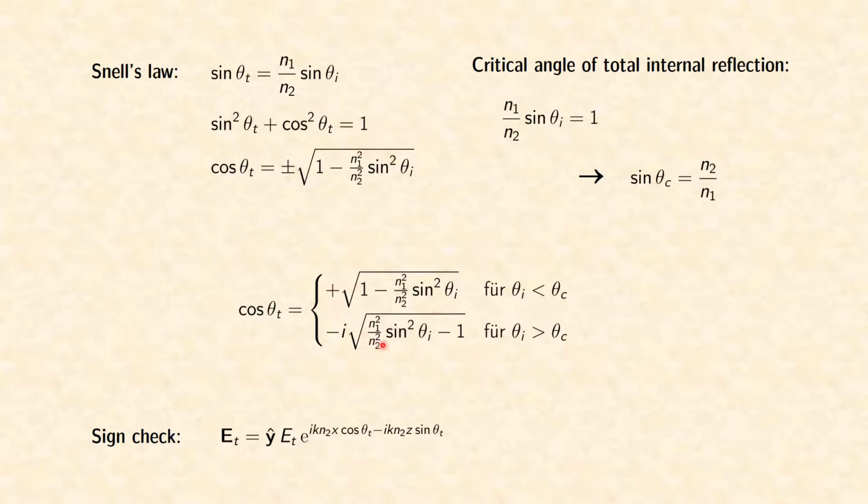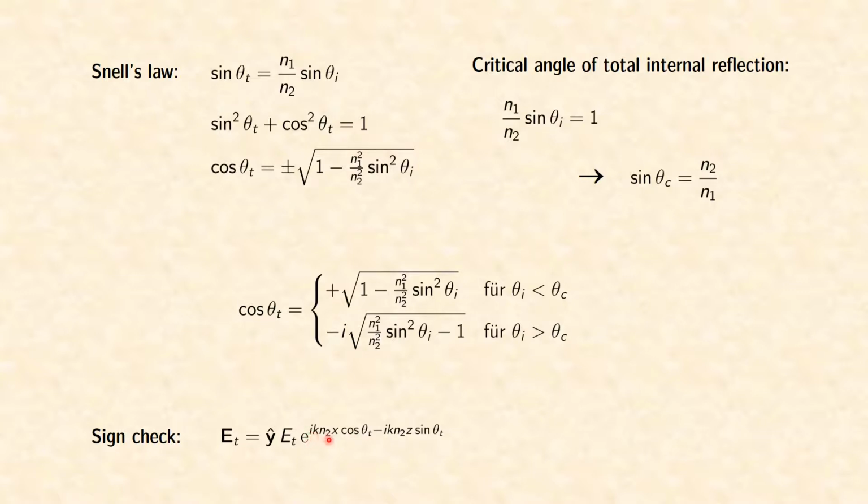That makes sure that even in that case we have a real argument here, and the cosine theta t is purely imaginary. That means when we insert it here, we have I times I is -1, and we choose minus here also, so in total it is +1. Which means we don't have a periodic function anymore, because there is no I left. It is a real argument of the exponential function, and therefore the exponential function is